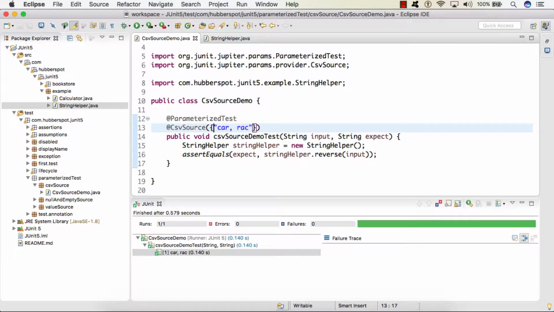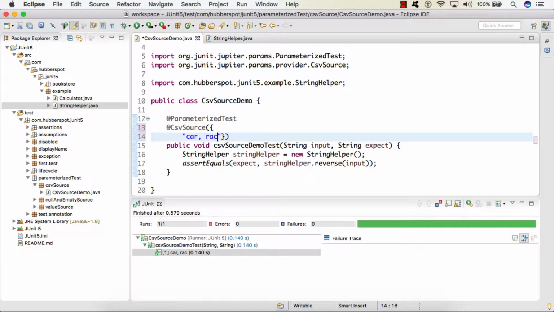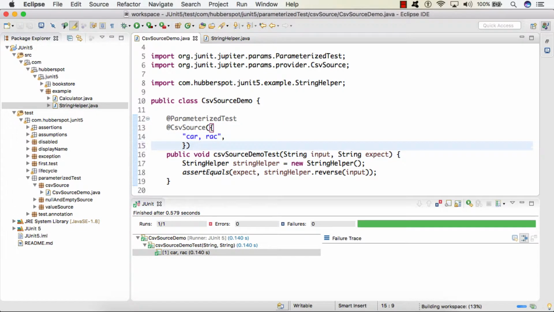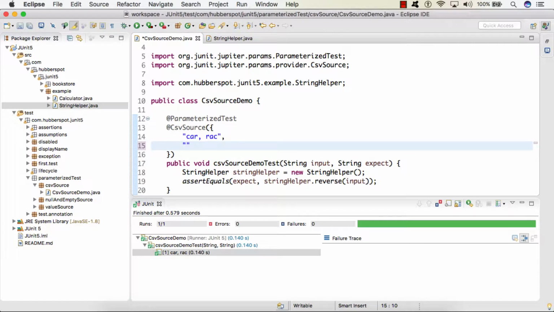Inside these brackets we can provide multiple values like this. Let's say I provide a value as test, and if I reverse test, I should get tset.